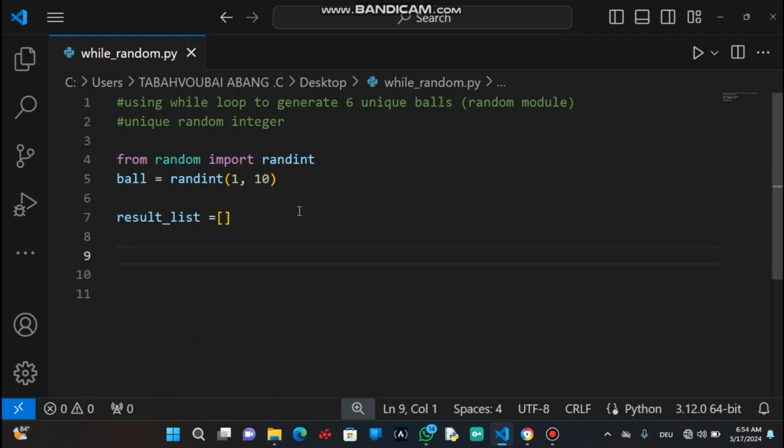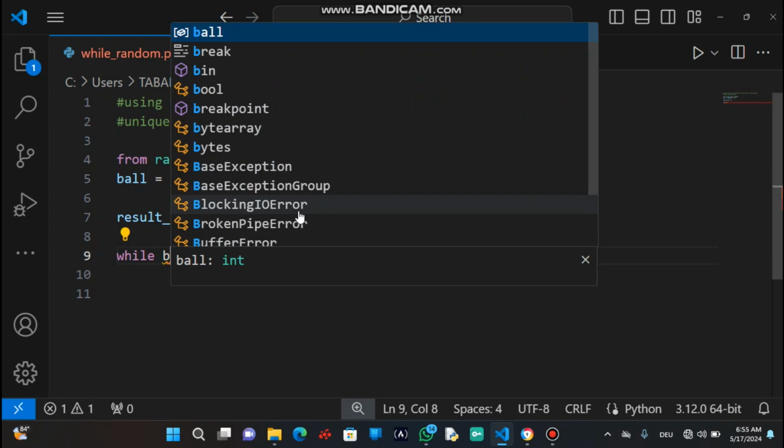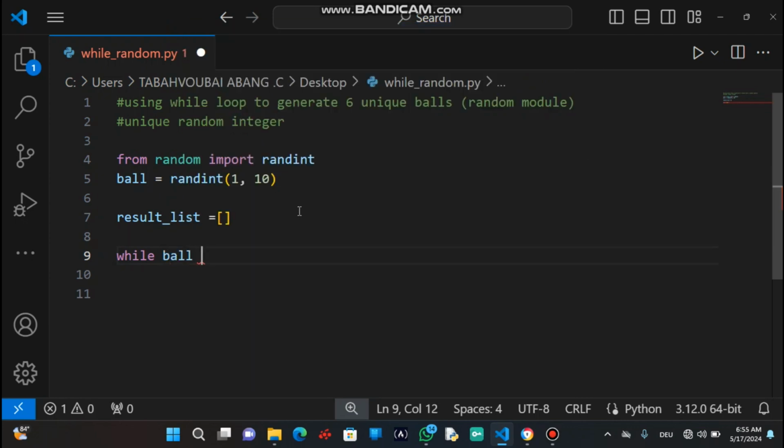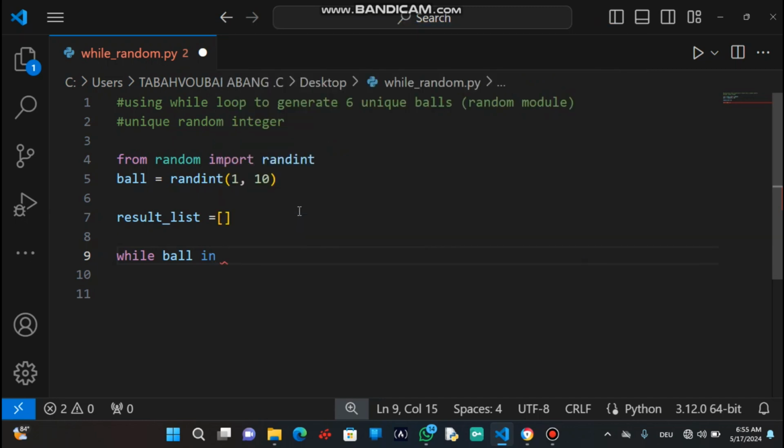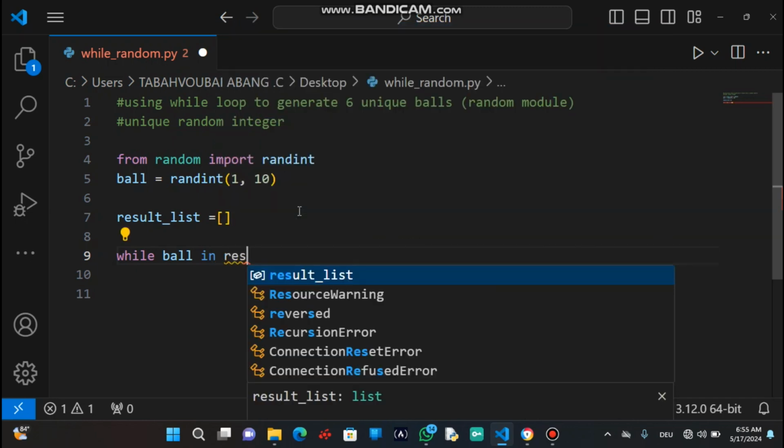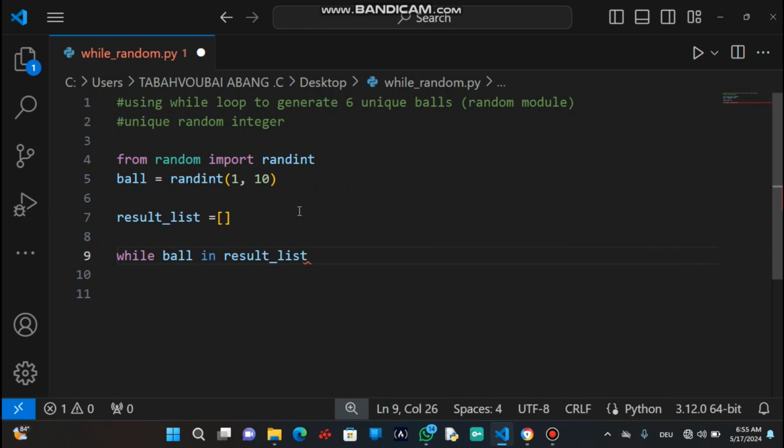Now using the while loop, you say while ball in result list, what are you going to do?